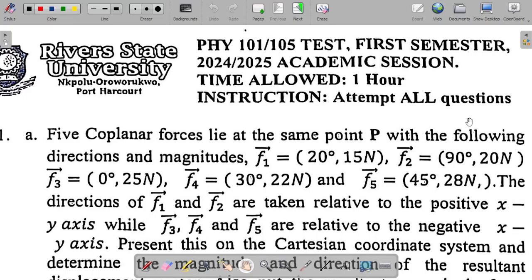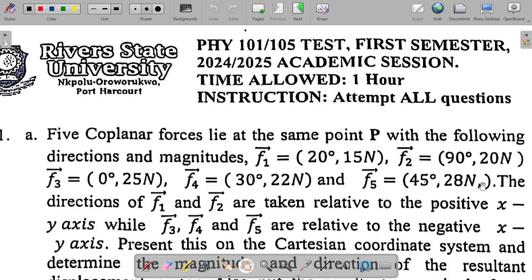In this video, I'll be trying to provide the solution to the 2024 first semester physics test questions for engineering students. The question says, 5 coplanar forces lie at the same point P with the following directions and magnitude. So you have the first force F1 equal to 20 degrees, 15 Newton, F2 equal to 90 degrees, 20 Newton, F3 equal to 0 degrees, 25 Newton,